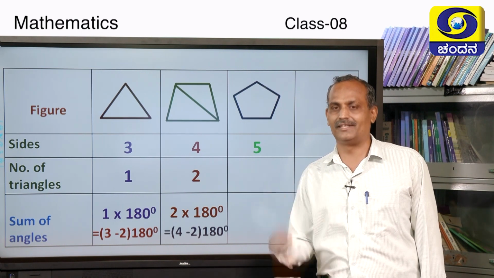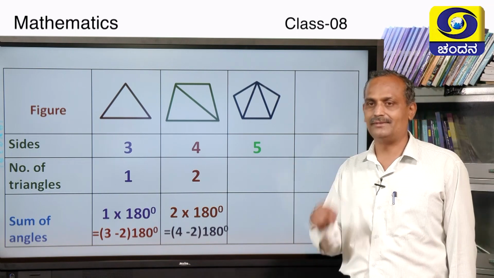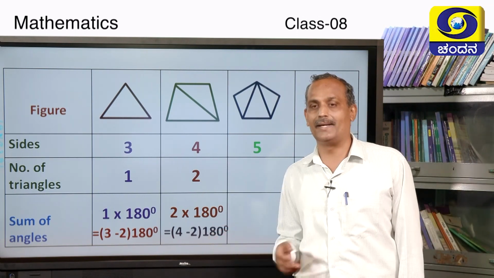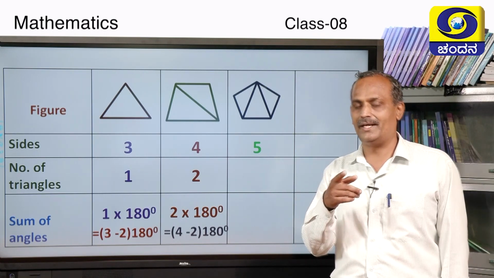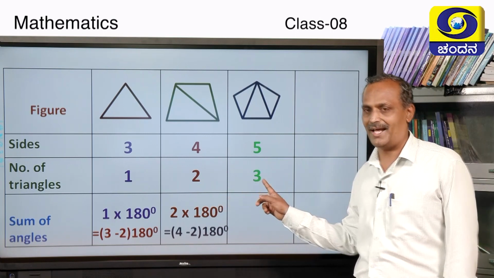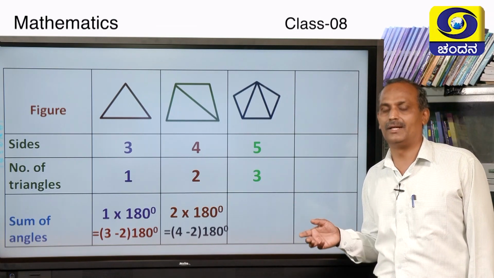By joining line segments, I have drawn a triangle by drawing a line segment there. I have drawn one more line, thereby I have got how many triangles in this figure? How many triangles you can see here? We can see 3 triangles. What is the sum of angles here? Sum of angles is nothing but